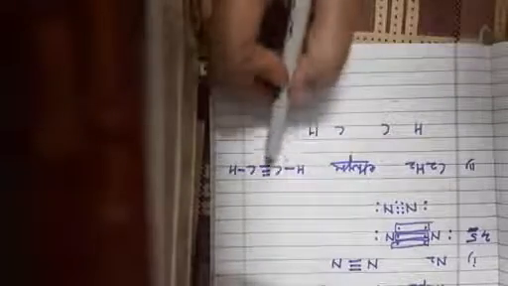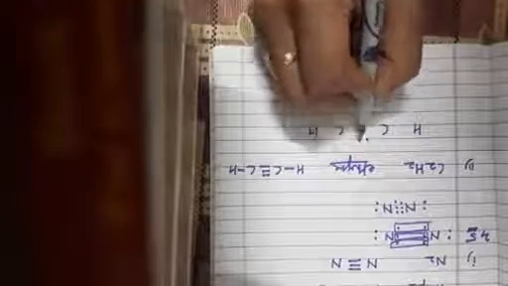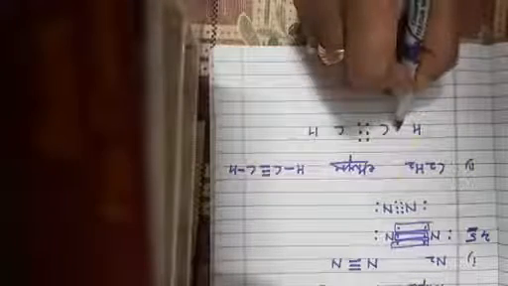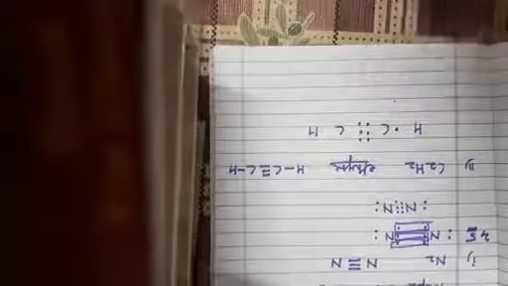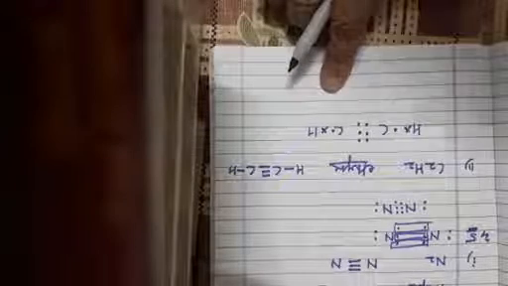Okay, for the triple covalent bond, we have to show that the same 2 carbon atoms are sharing 3 pairs of electrons. And what about this single covalent bond? It means the carbon and hydrogen are sharing 1 pair of electrons and the sharing is mutual. So one electron is of carbon and other is of hydrogen. One is of carbon and other is of hydrogen. So this is the electron dot structure of ethyne.